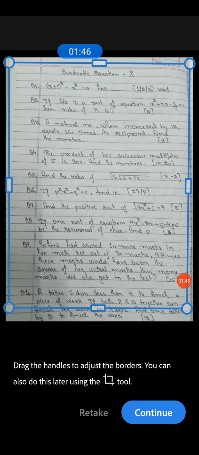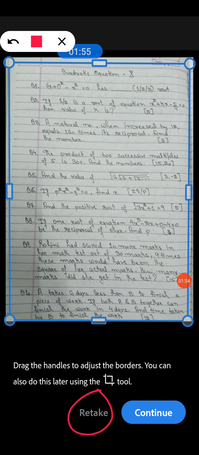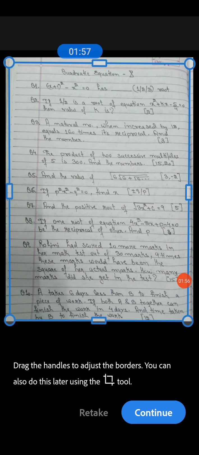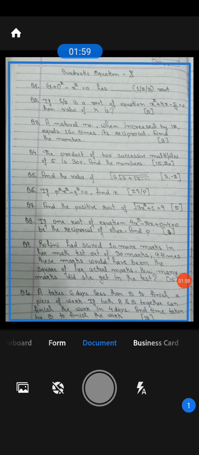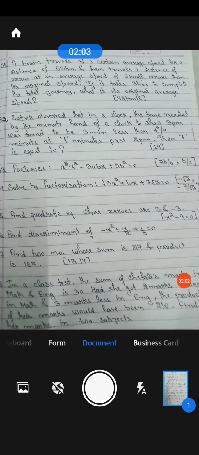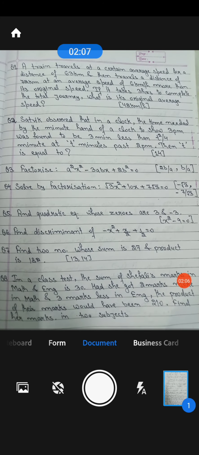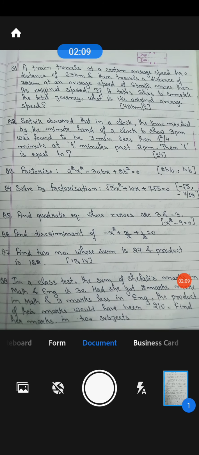So here we have to adjust the corner. If the image is blurred, you can click on retake. If it is fine, then click on continue and click the next image. So you can take the picture of 2 pages or 3 pages or 4 pages.